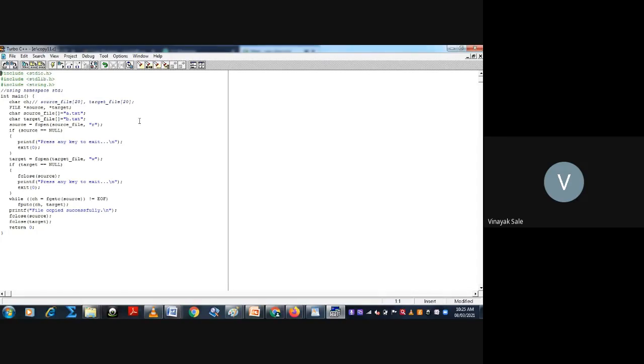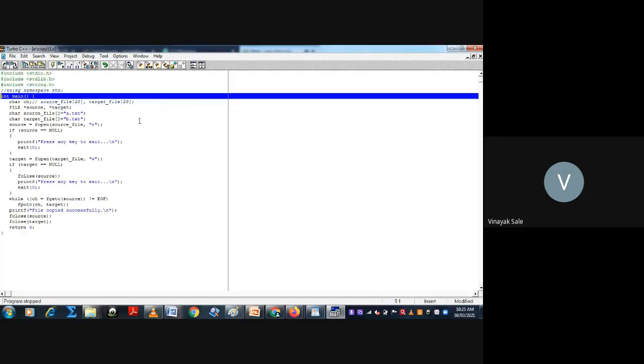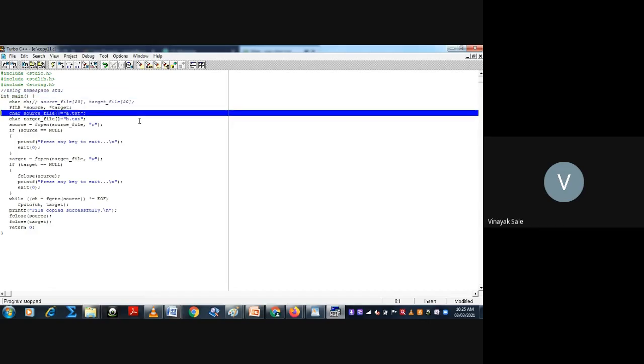Okay, we first go to int main. Then we have declared a pointer source and pointer target, then character ch. Pointer source and pointer target are related to the file.